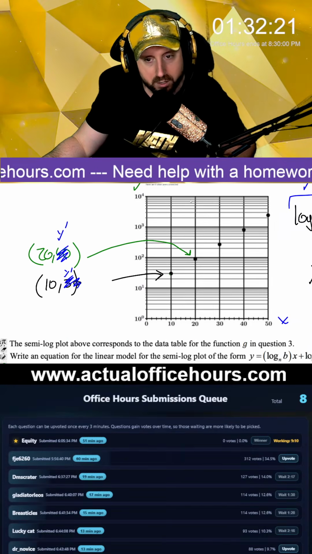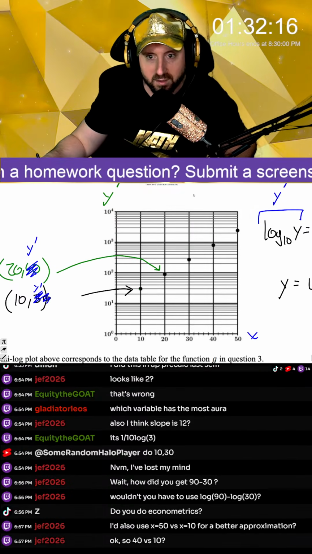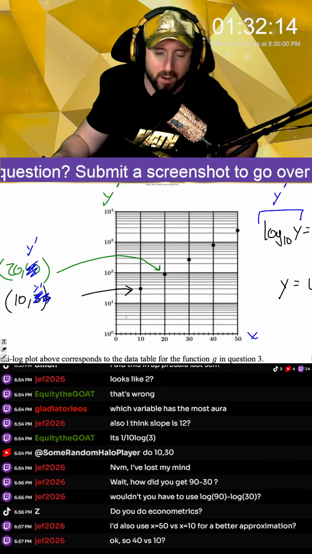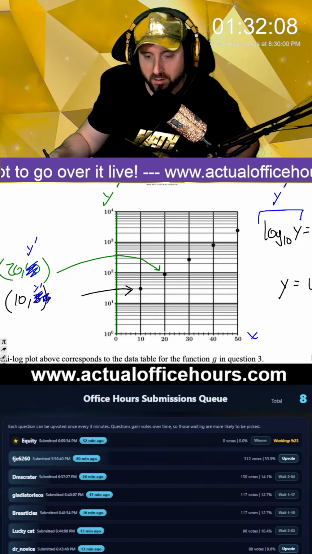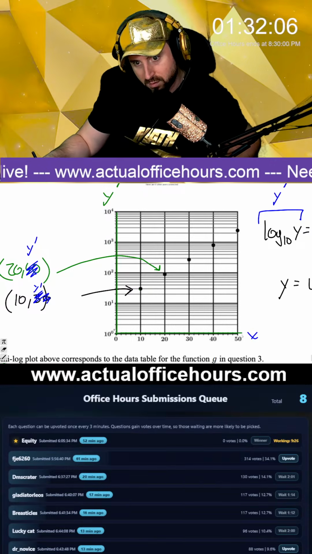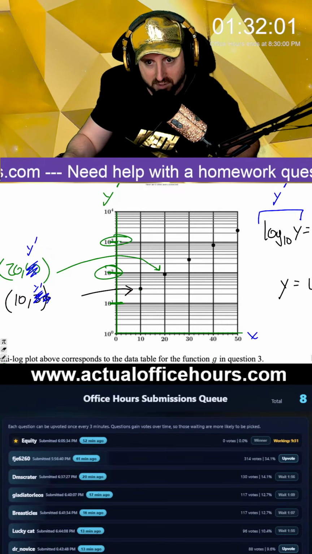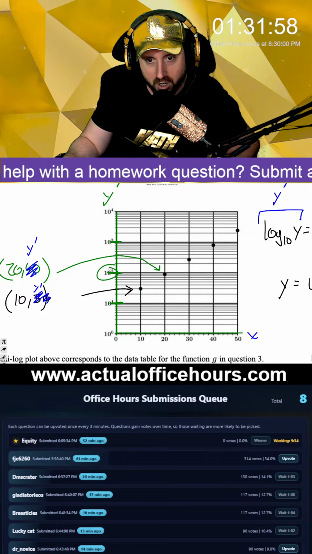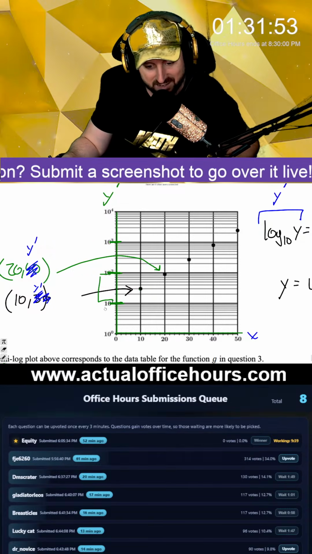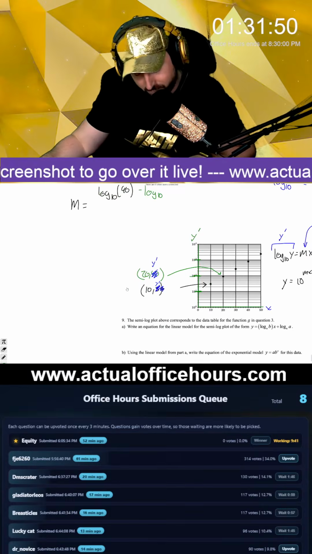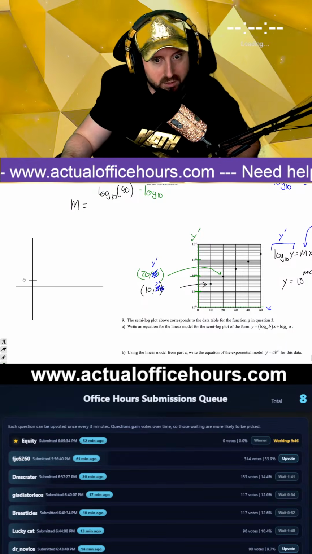Can you explain why it's log 30 and not just 30? Yeah, sure. Okay, for instance, this is where things get confusing. Do you see how these are evenly spaced, right? Do you see how there's an even spacing between 100 and 1,000, and then that spacing is also the same as between 100 and 10? That makes no sense on a linear graph, right? On a linear graph, the spacing between 10